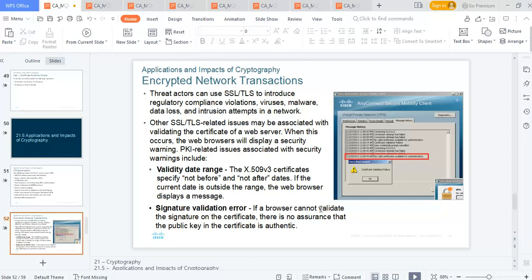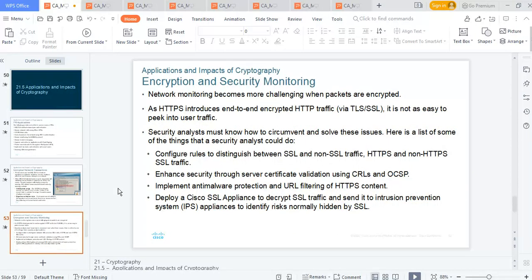Signature validation error. If a browser cannot validate a signature certificate, there's no assurance that the public key certificate is authentic. So it's going to reject you and tell you that your certificate is not trusted. The funniest part is that it's going to tell the user that the data might be compromised, data might be stolen, your password might be stolen. It tells you in plain text what is going to happen since it doesn't trust the certificate. And all certificates normally have a date range, validity. Normally you could purchase for a year or 2 or 3 years. And not just 3 years, you could purchase for as long as